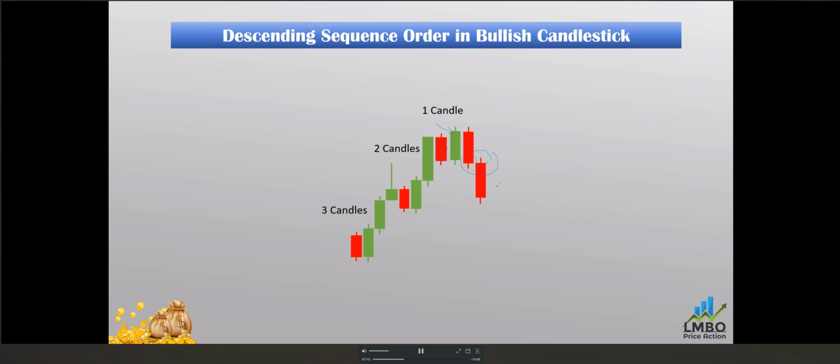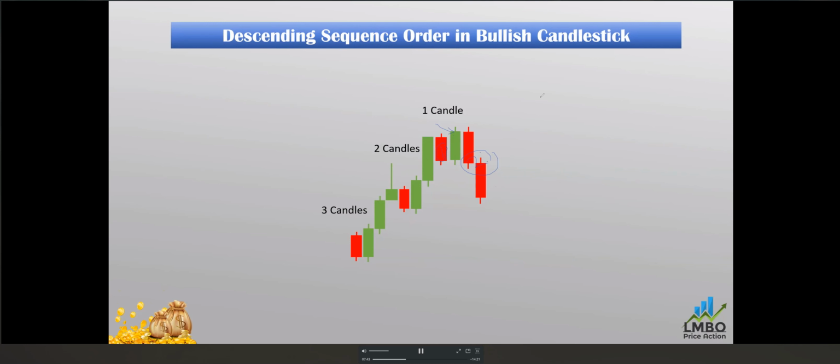This is a way to identify who is in momentum, what is their momentum, how they are starting momentum, how they are increasing momentum, when they are losing momentum, when they are stopping, when another party is starting. So this is a way to understand the price movement with the momentum and with the losing of momentum. So these points are very important to understand the information in the chart.